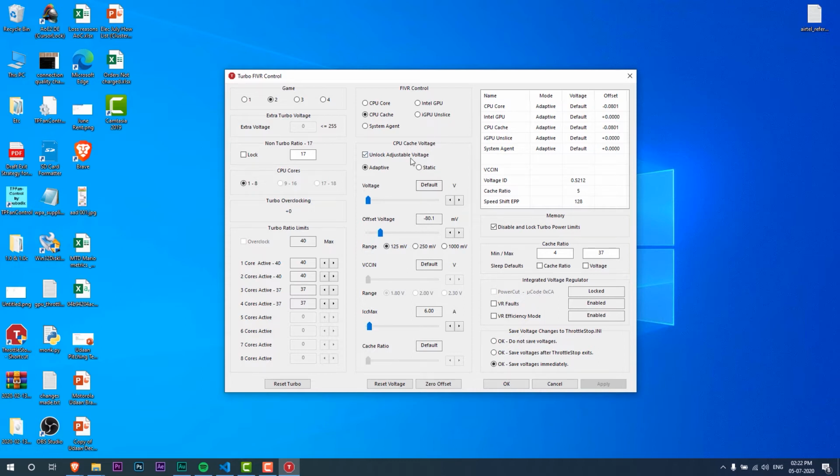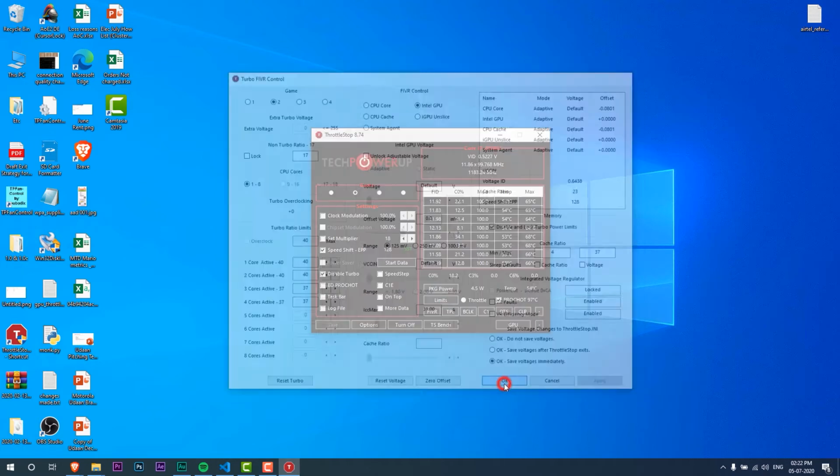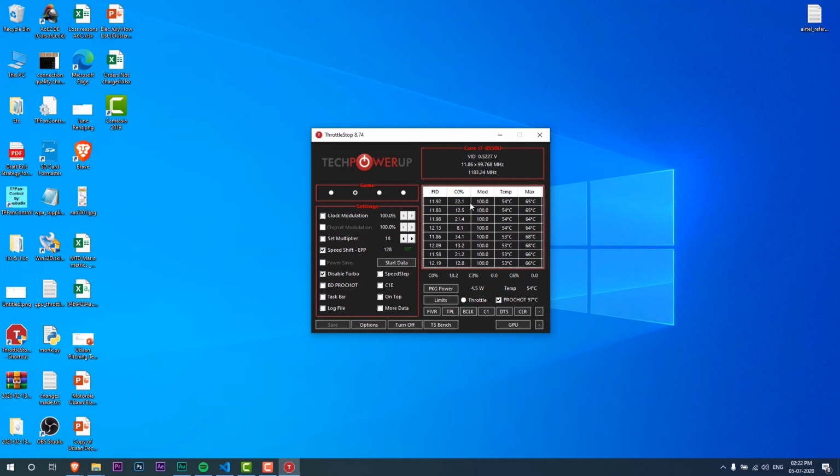From a fever standpoint, there's not a whole lot you need to change beyond this. And there's a couple more nifty settings which you might or might not want to use. There's this Intel GPU setting which you could also possibly play around with, but based on my experience so far with using ThrottleStop, these settings make minimal amount of difference.